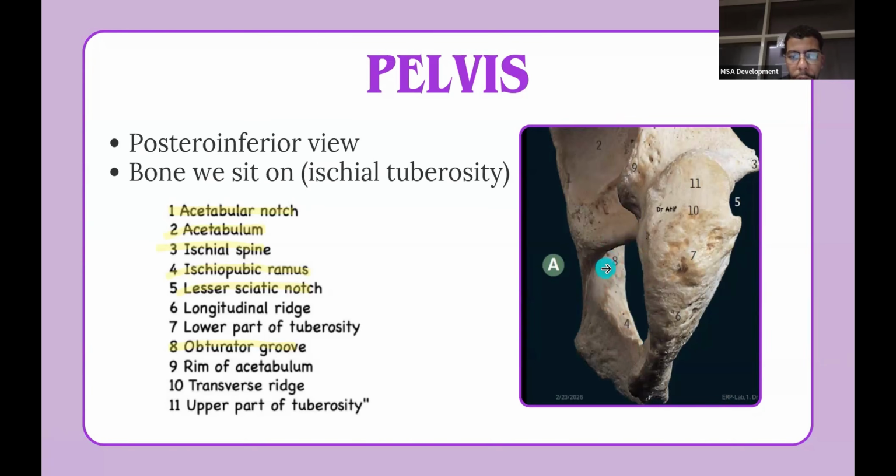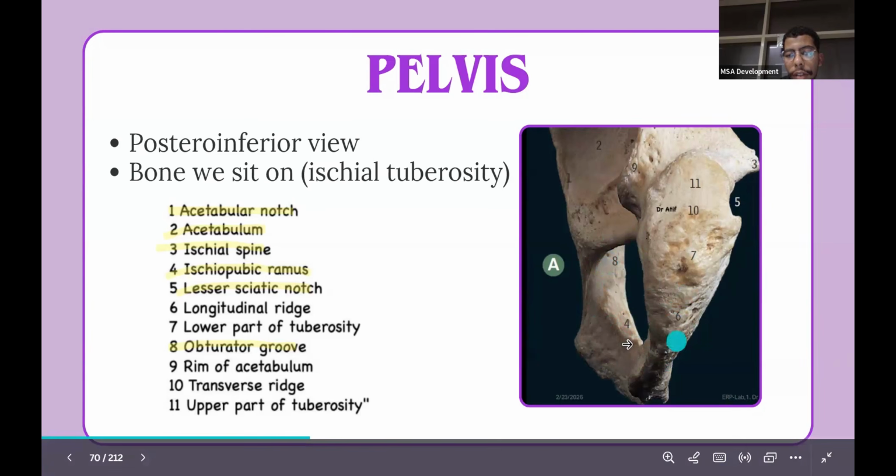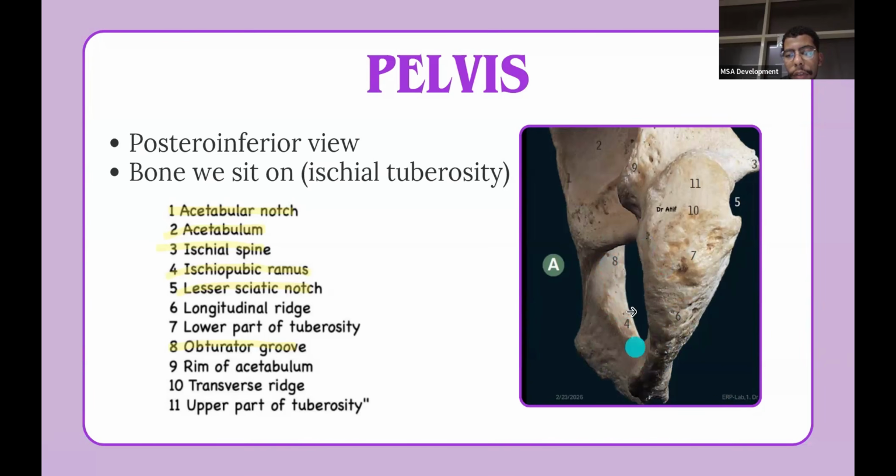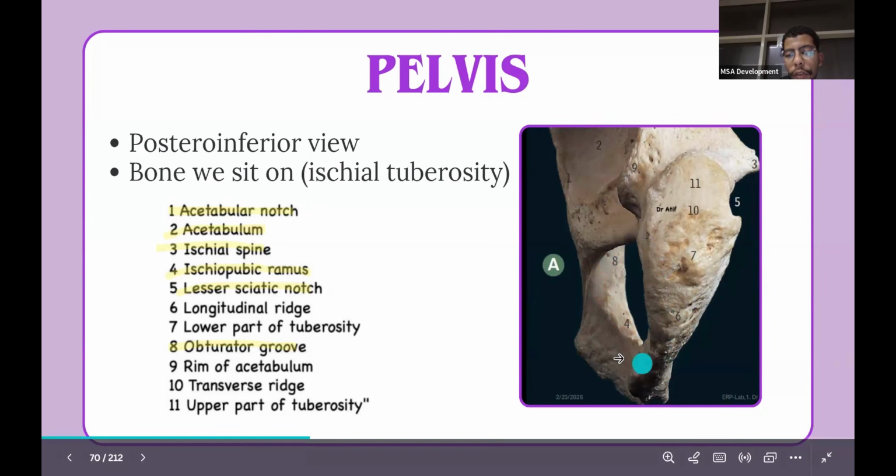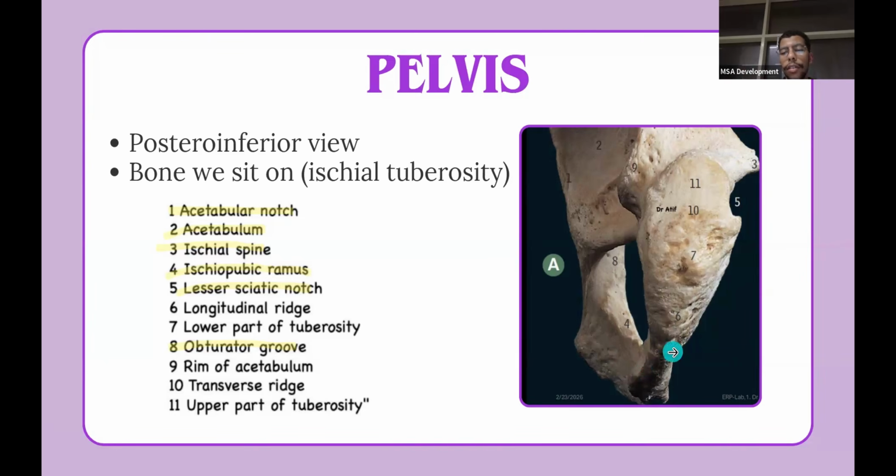groove. Okay. And remember, we said earlier that the inferior ramus of the pubis and the ischial ramus, they join together, okay, to make the obturator foramen. Okay, part of the obturator foramen, the bottom side. Now, when the rami fuse together, we call them ischiopubic rami, ischiopubic ramus. Okay,